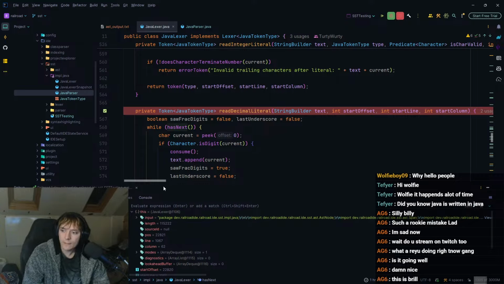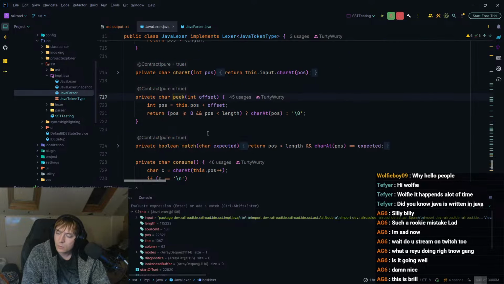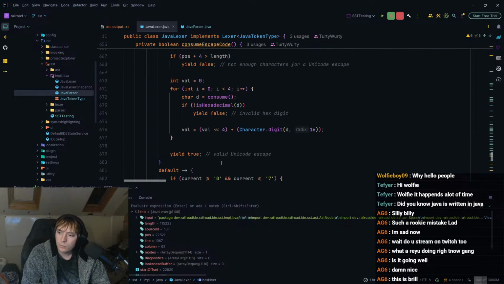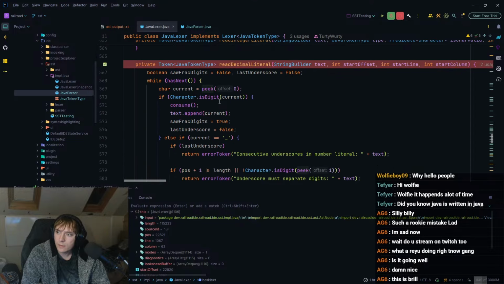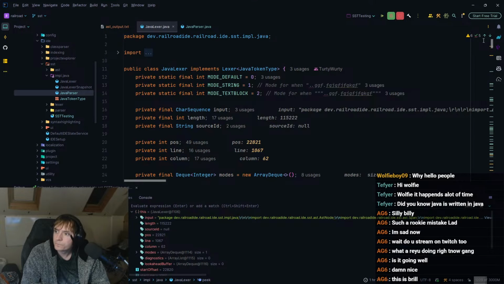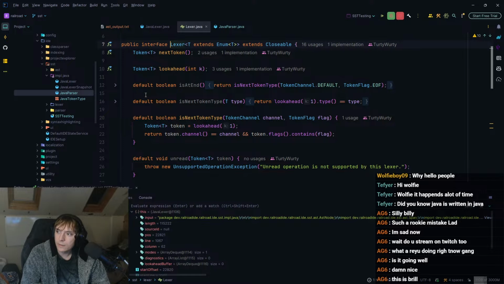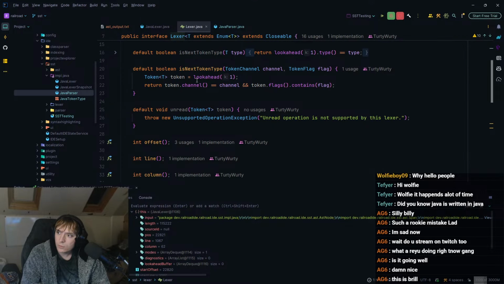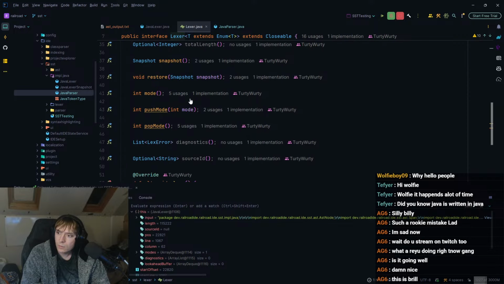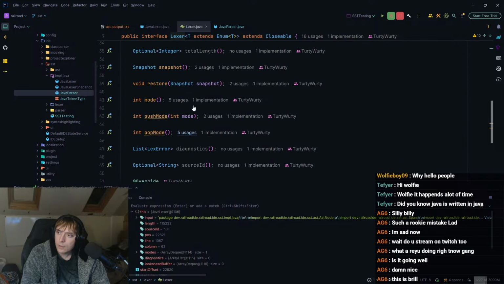I'm also really confused how it's not being put in the look ahead buffer. That's a little bit weird. Where is the look ahead? Lexer? Is that end? Is next token type? Is next token type? Okay.